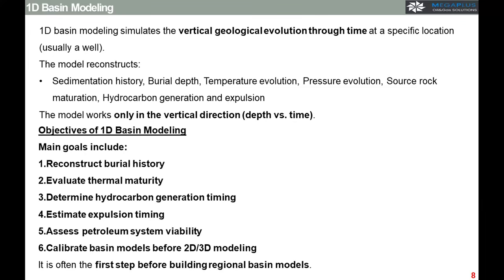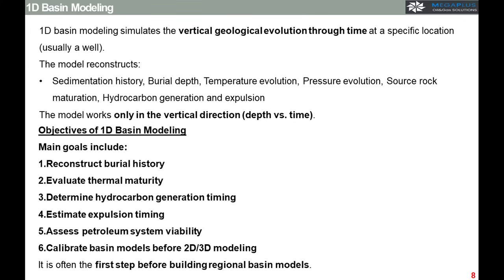And the model, after using the depths from the maps, from the faults, from the seismic interpretation, can now build or predict the maturity by using the relation of the depths and the data we actually found in the 1D model. It's often the first step before building a regional Bayesian modeling, and it is the most important step before you run